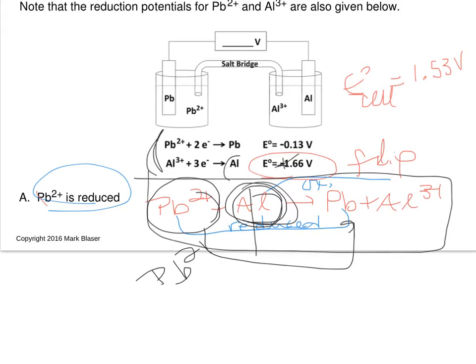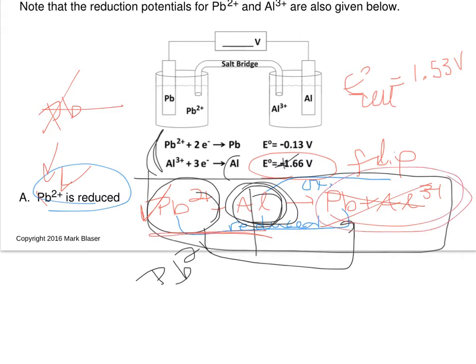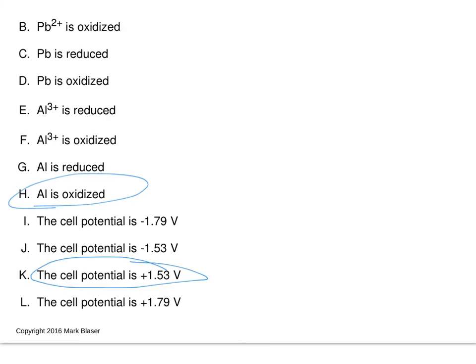It is not okay to just say, well, can't I just say lead's reduced? No. Neutral lead is not the same thing as lead cation. So you have to pick exactly the reactant that's reduced or oxidized. And by the way, the only things that can be reduced or oxidized are the reactants. The products are what is formed. So anyway, A is circled, and then looking at all the possibilities,